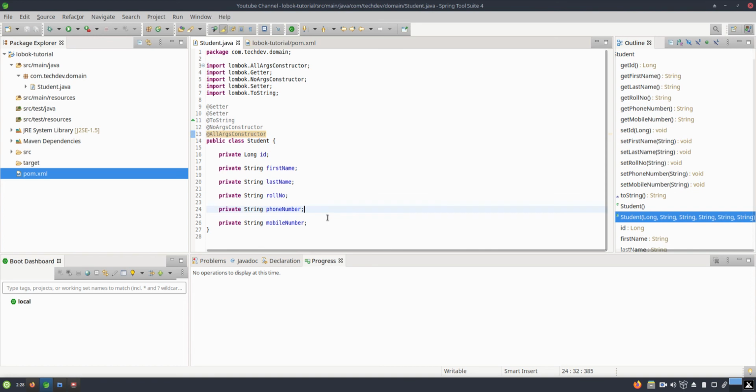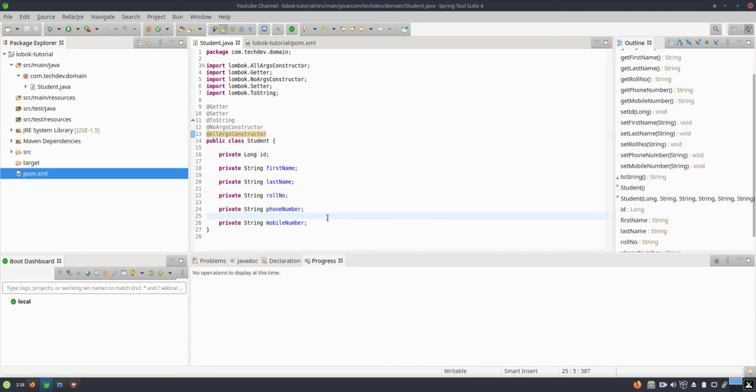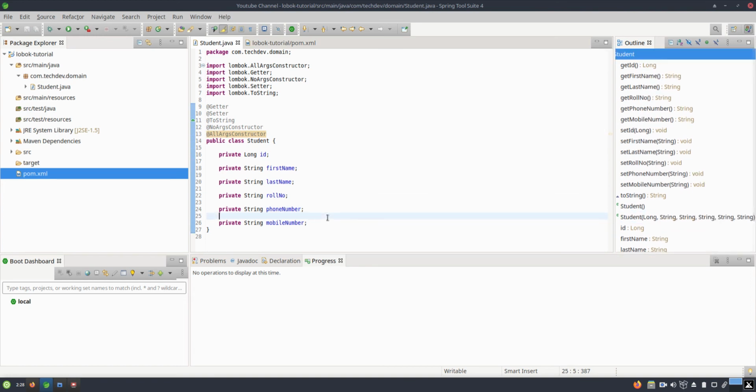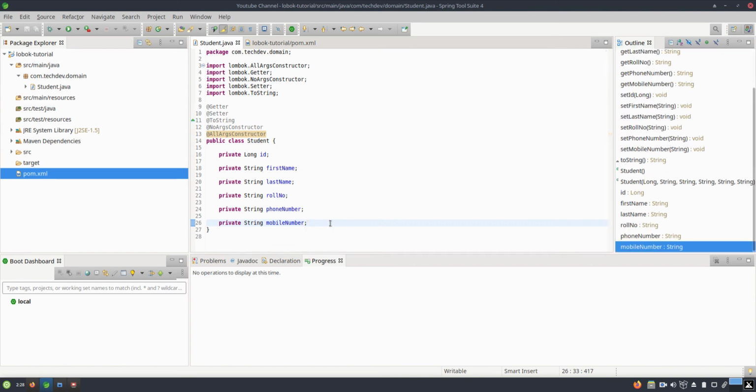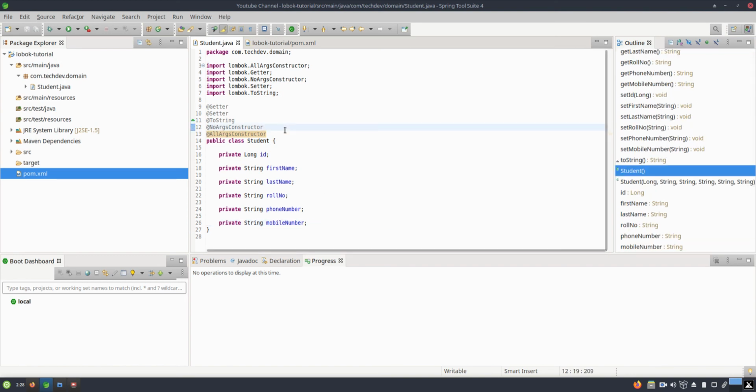So suppose in future I add any new property in this class, I do not have to modify other things like getter and setter, because Lombok will take responsibility for all of that. So it will help us to be more productive. These are the basic annotations which help us in almost every class which has all the properties related to the basic class.